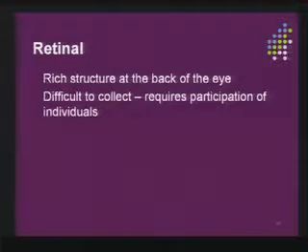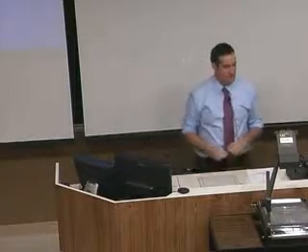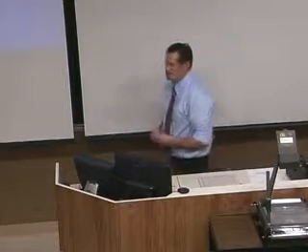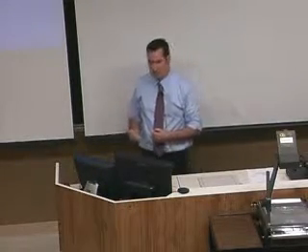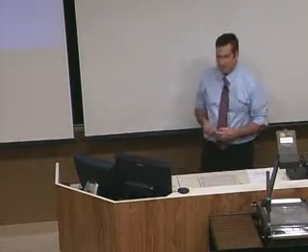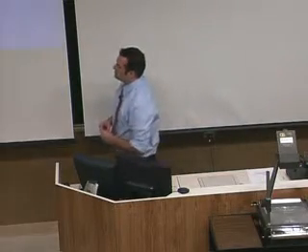Retinal is a rich structure at the back of the eye. Anyone that's been to an optician and had their retina looked at will know that it's kind of a blinding sensation. You walk around with a couple of blue dots every so often for the rest of the day. So it's relatively difficult to capture, but we've had success in capturing retinal on animals. We've been doing some horse data collection. We've collected data on sheep, goats, and cows. And they have very good retinas, not very good irises. So we can go back there. And in fact, some of the work that's being done over in